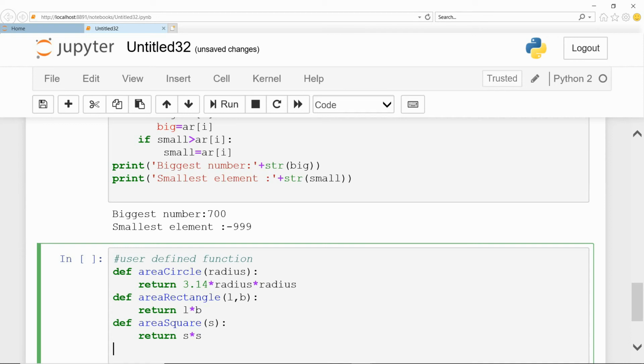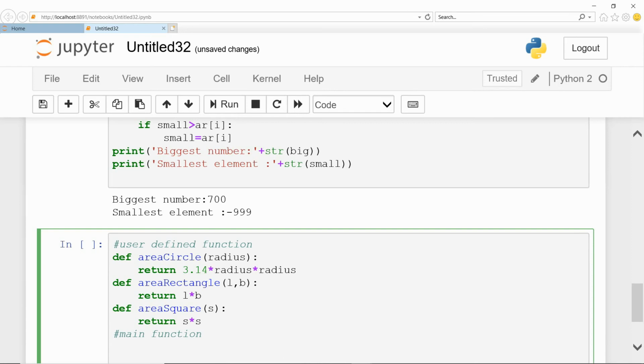Like that, once you define different user-defined functions, you have to call them from the main function. This is the main function block. If you want to take length, breadth, radius from the keyboard, first you display an input message saying enter radius.